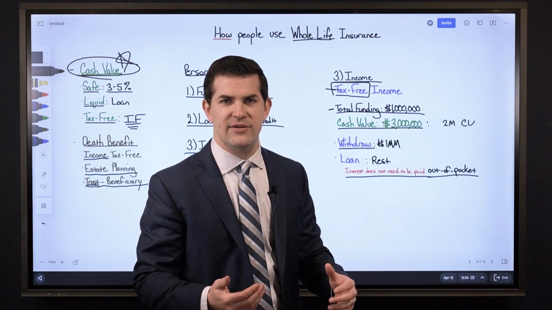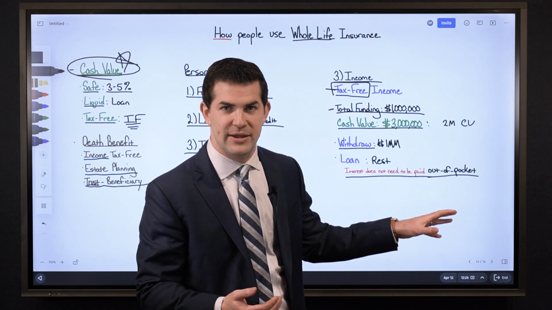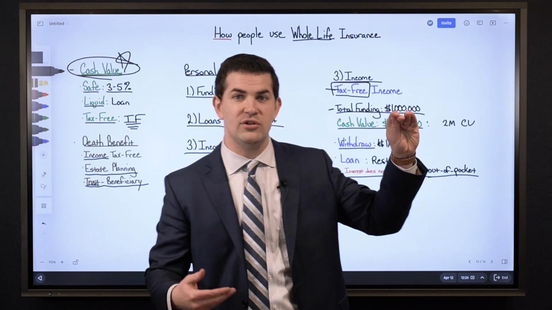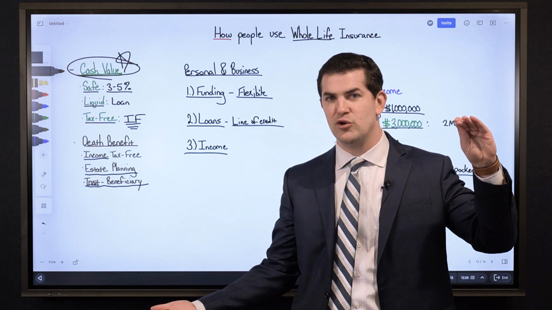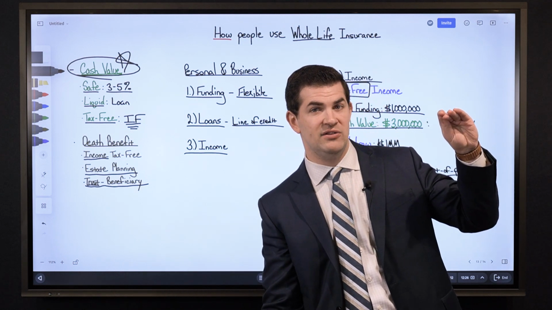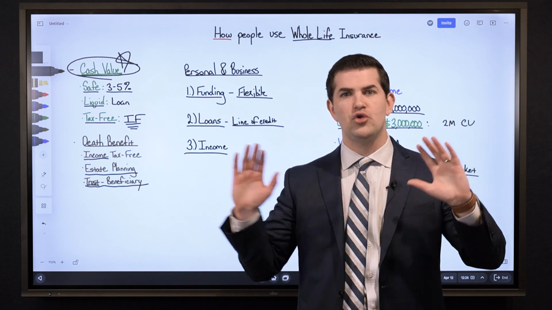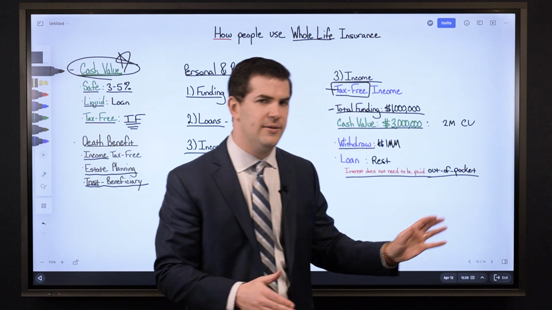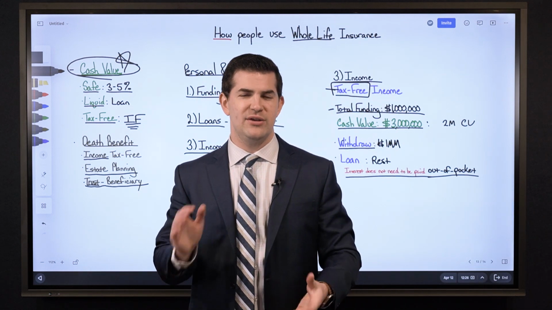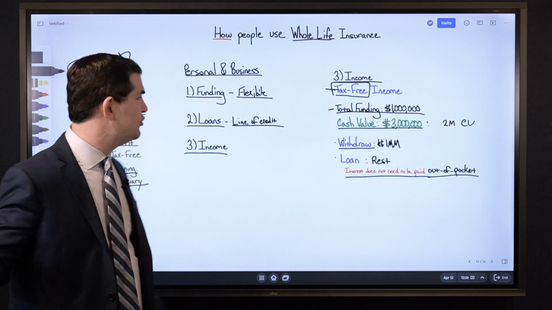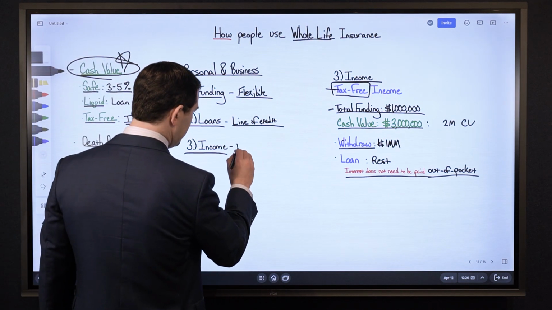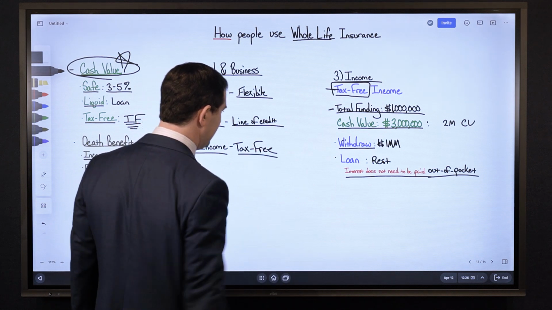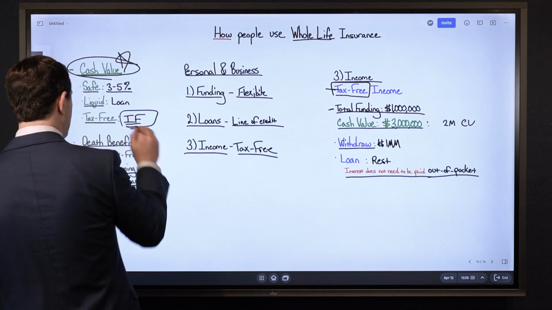It's really just looking at different scenarios, meaning what's it look like in a best case scenario with the current dividend rate and everything just humming? And then what does it look like when we kick rates down to a conservative dividend, or even the guarantees? If you want to say, show me ultra conservative, no dividends, just show me, can I get more money out than what I paid in? The answer is typically yes, if we do everything right from the get-go. But people will use policies for income, and also what the point of attraction is here is this. And again, that's if we do everything right.